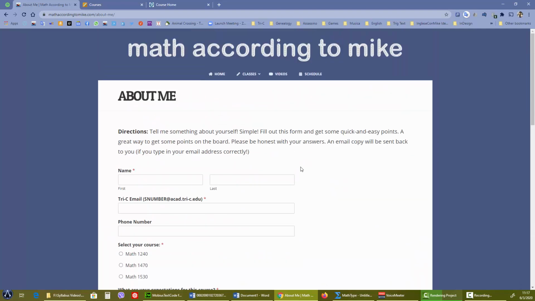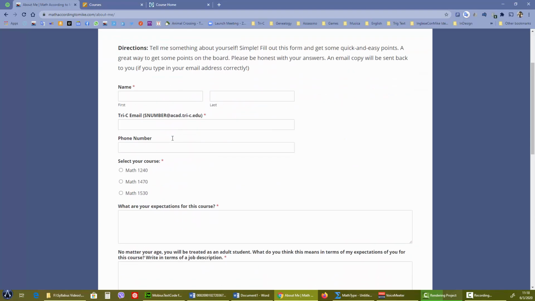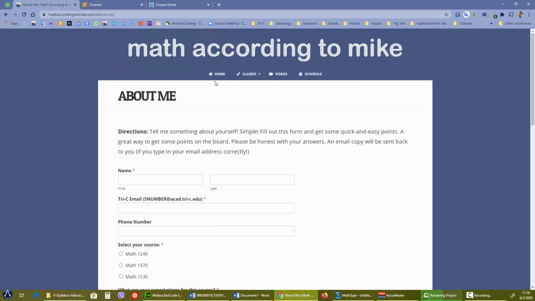And depending on the class that you're in will affect how many points you get. Don't be jealous of other classes. So that's the About Me. Fill this in online, submit, call it a day. You should get an email sent to your Tri-C email address. I'll get one sent to mine, and then you also get some points. Make sure your email address is typed correctly, otherwise you might not be getting that email, but I should still get mine. If you're worried about it, you can just email me to say, hey, did you receive it?